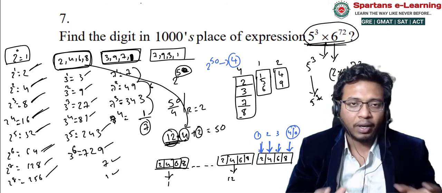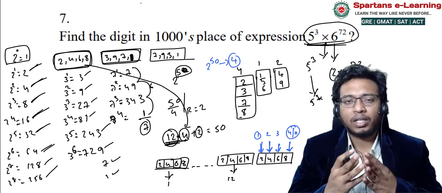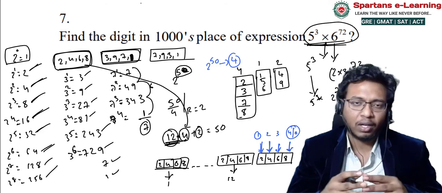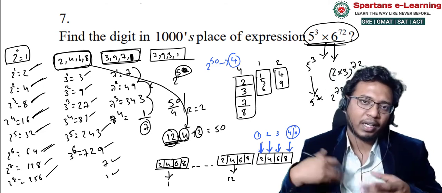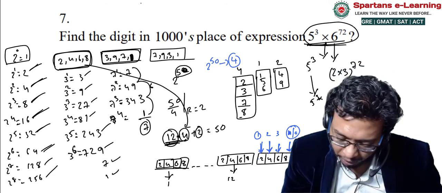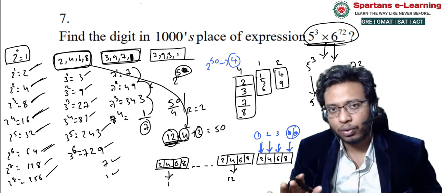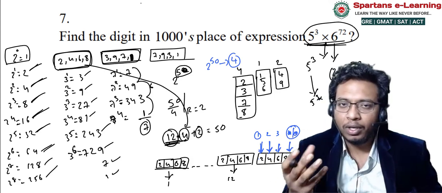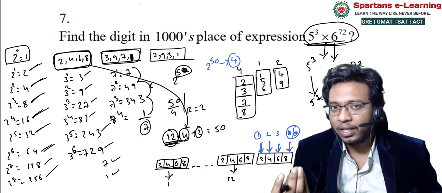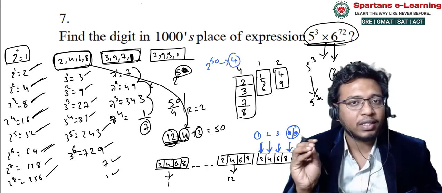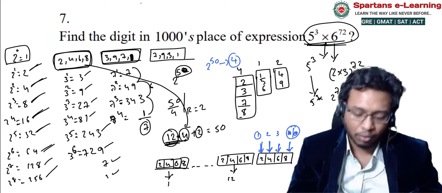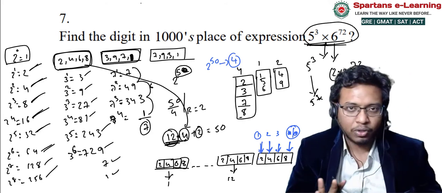That means whenever you are dividing a number by 4, the maximum remainder it can give is 3. Right? It won't give you 4. If at all it is giving you 4, that means the number is again divisible by 4 and finally your remainder will be 0. You cannot say remainder is 4. When you divide any number by some divisor, the remainder will always be less than the divisor, okay? If at all it is equal to the divisor, that means again you can divide it and your remainder will be 0. Right? So this is about cyclicity.